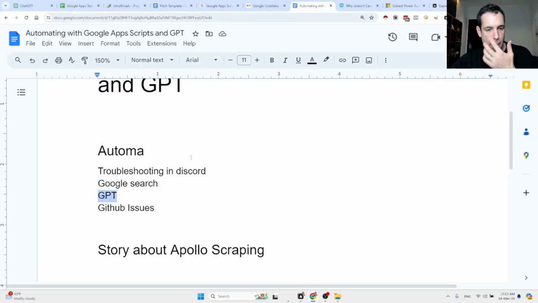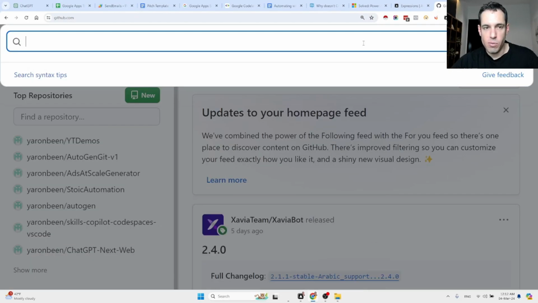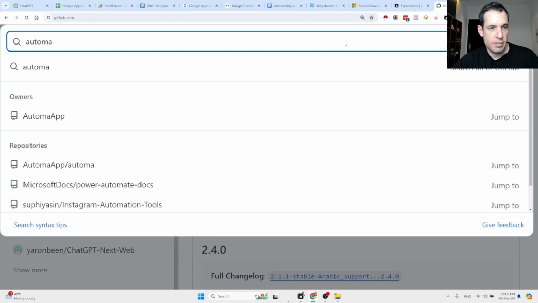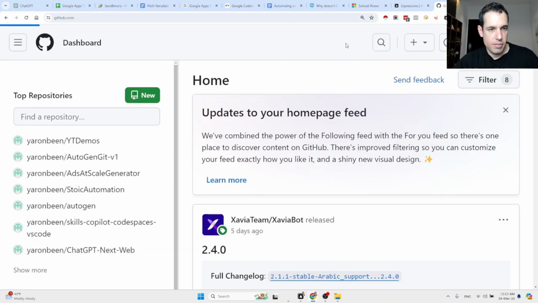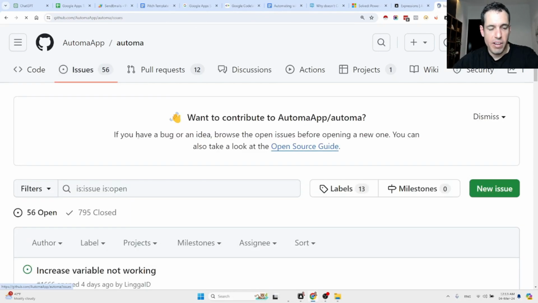And the last thing that you can do is go to the GitHub repository, to the Automa GitHub, and go to the issues section, and over here you can see